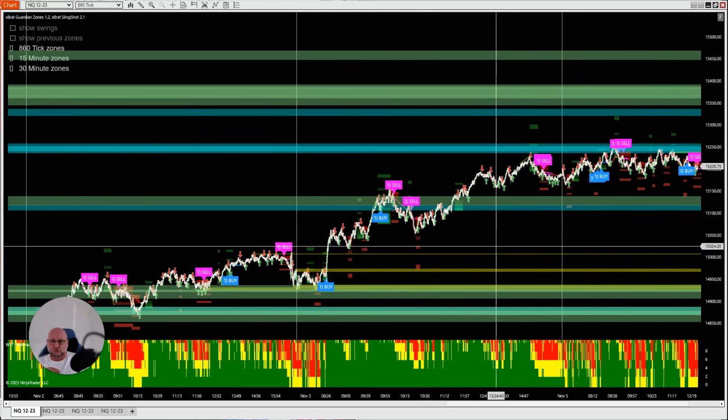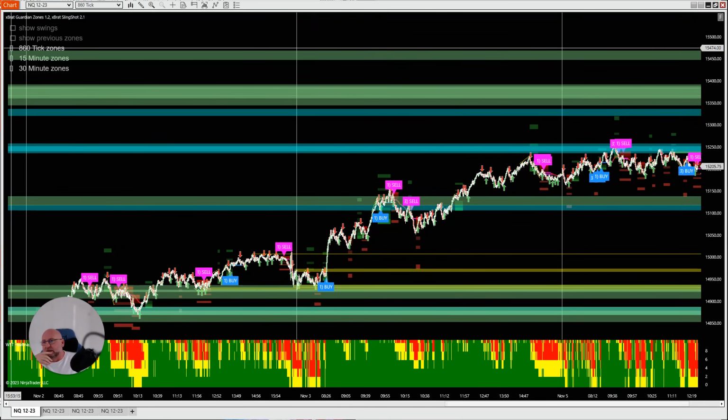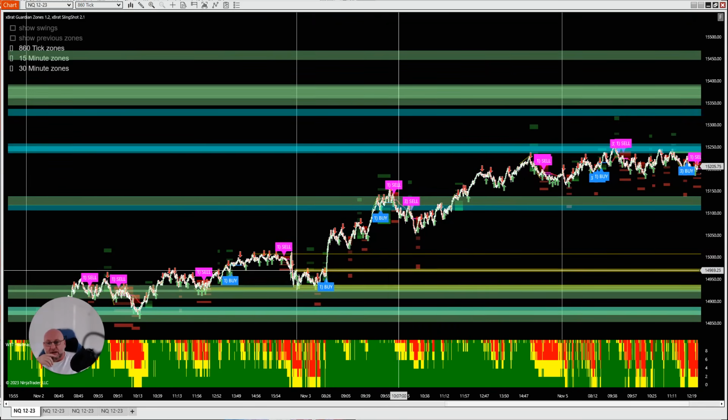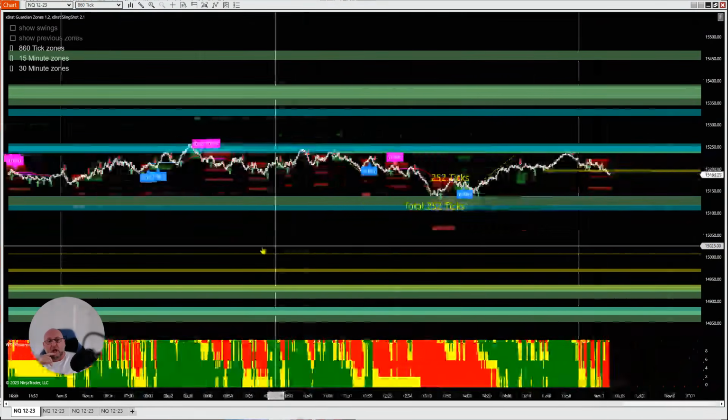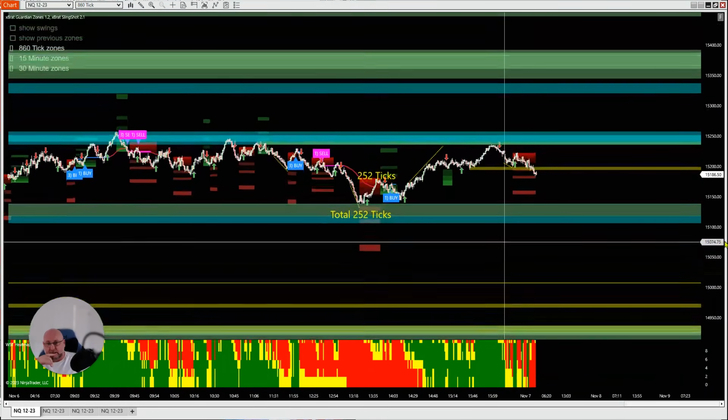Remember, we're trading on a smaller time frame than that. Adding 5 minutes to your chart here will just be too messy. We are trading on a chart set which is equivalent to probably around 3 to 5 minutes anyway. And that native 860 tick zone, if relevant, like these amber ones down here, will be plotted. The main thing is we've got the 15 and the 30 on there, and that's helping us make those trading decisions. So I'm going to go to yesterday's price